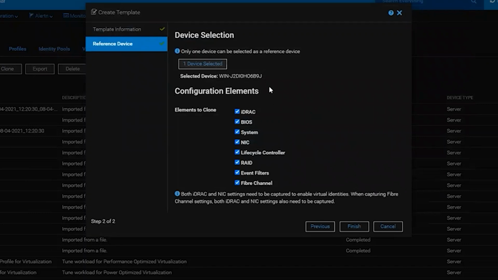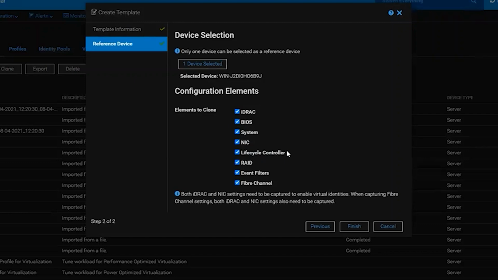And we will determine which settings we want to copy under the configuration elements section here. There's a couple things that I would like to point out about this section. One, most of these options are pretty self-explanatory. iDRAC is going to be IPs and your user accounts for your iDRAC, as well as various settings and timeout settings that encompasses. BIOS is processors and memory settings. System is going to be your system warranty information, power cap settings, backplane configuration settings. NIC is NPAR and IP addresses, and